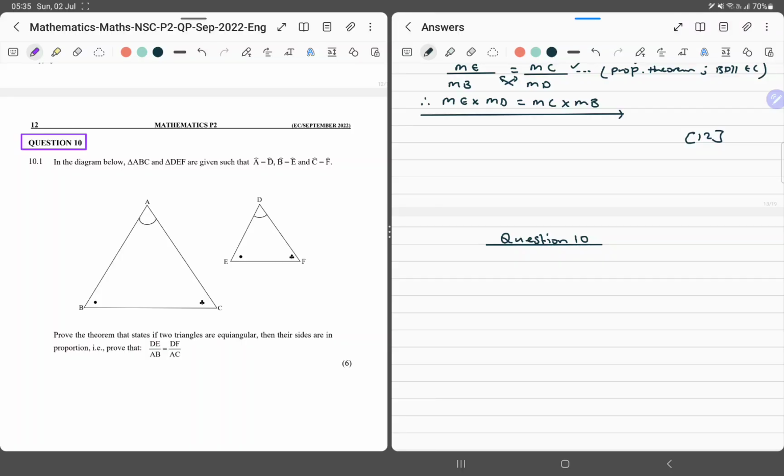So, I am not going to do 10.1, guys. This is stuff you need to know, and it's in your textbooks. There's nothing special in how I solve this. So all you need to do here is just do a construction,